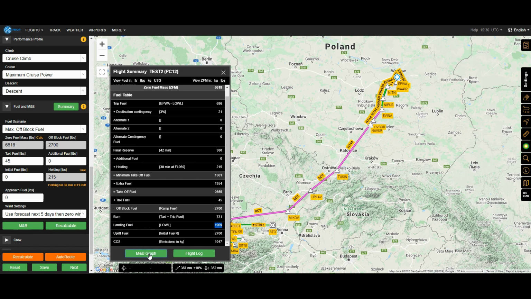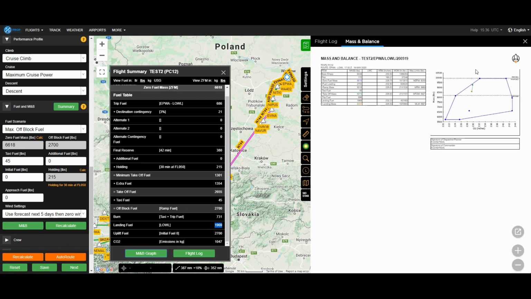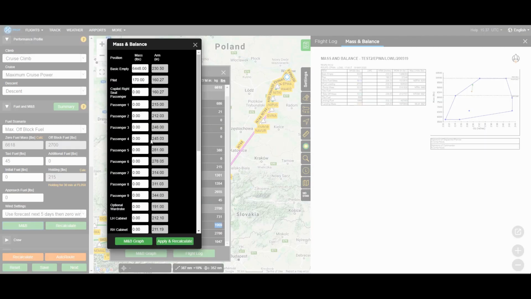So let's see the mass and balance. This is our mass and balance envelope for this flight. So as well, you're able to put in the mass changes. So for example, you can put here passengers. And let's say we'll make it the passenger 1 weight, passenger 2, 3, and 4. Once you do any changes in the mass and balance or fuel calculations, you need to click